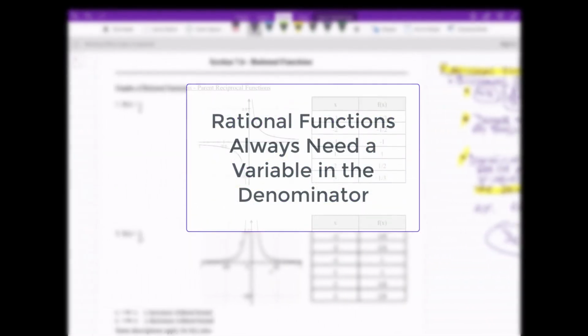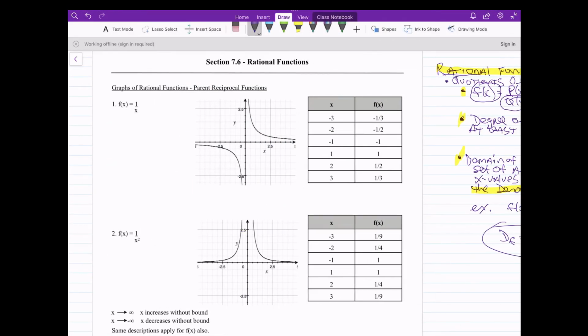All right, so let's come over here to the actual pictures of the graph. Now, these two graphs are two of the most basic rational function graphs. These are actually reciprocal functions. They're rational functions, but they're the two most basic varieties of rational functions. And you'll notice that a lot of rational functions come in this variety. You'll see they have these two branch-shaped graphs, all right? And that's usually the way you're going to see them